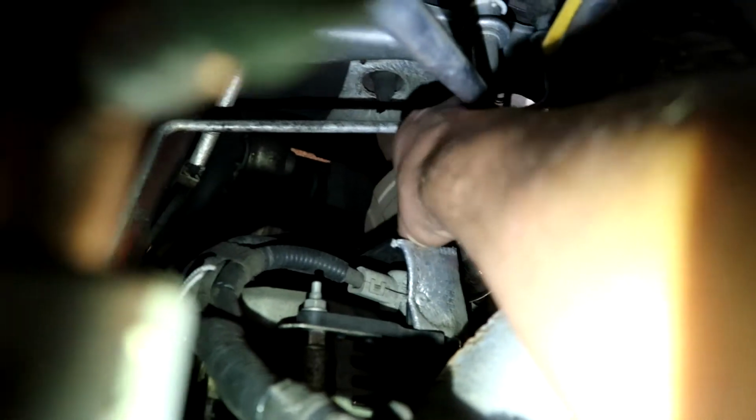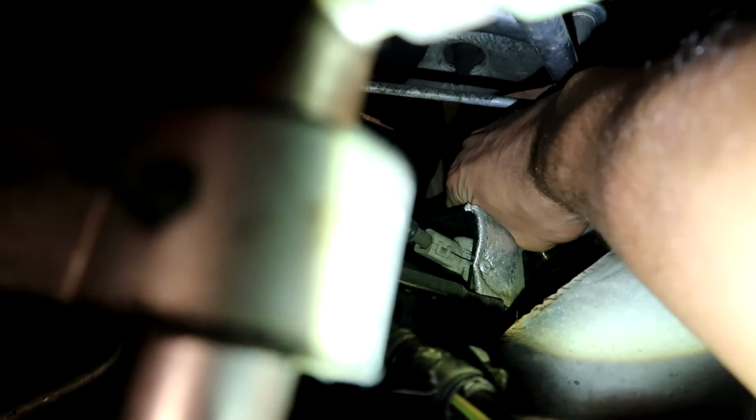I got the first sensor loose. I can turn it. Oh, that's hot. Every single oxygen sensor I have replaced, they are super tight, like you can't undo them by hand. But literally all it takes is like 1/10 of a turn, and then you could do everything else by hand. So now I'm gonna